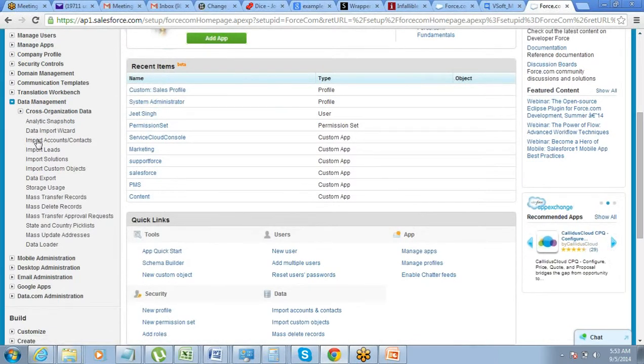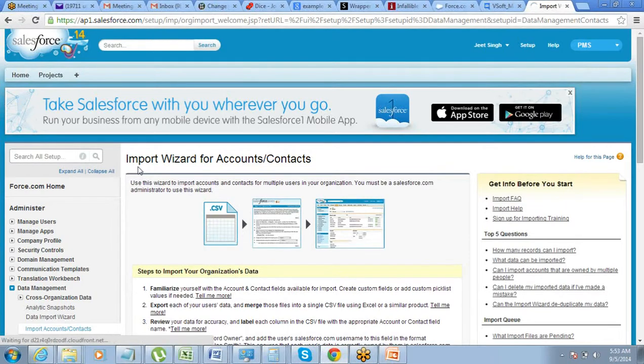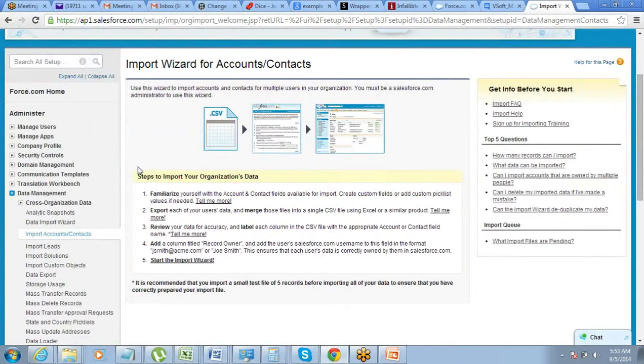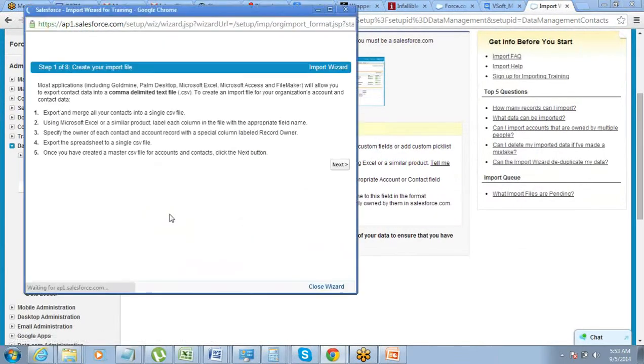So let's use this import account and contacts. Fine. We want to import accounts, right? We had 4 accounts there. Now just click on import accounts and contacts. You will be asked to start the import wizard. Do that. Click on next here.